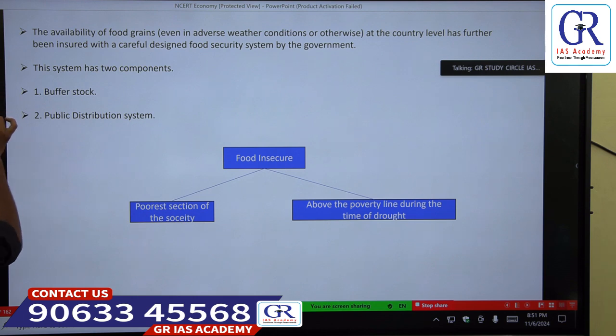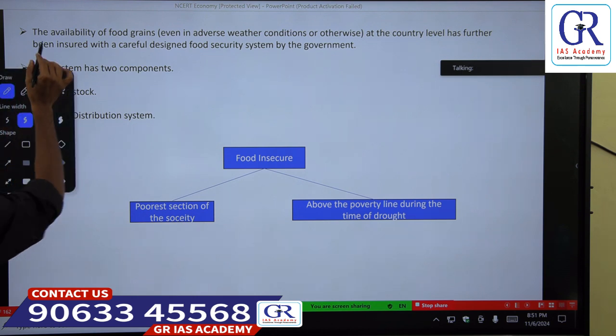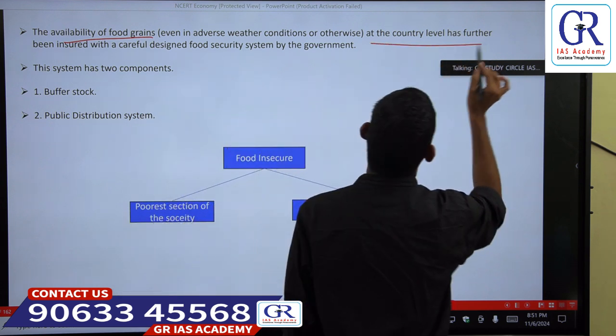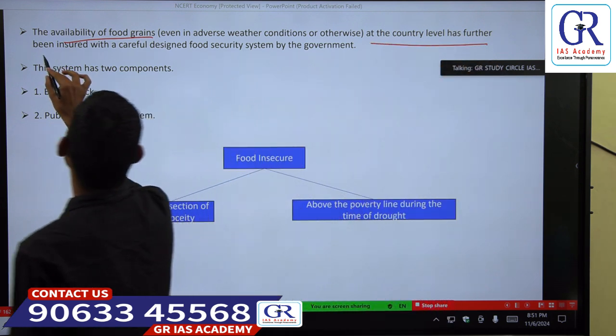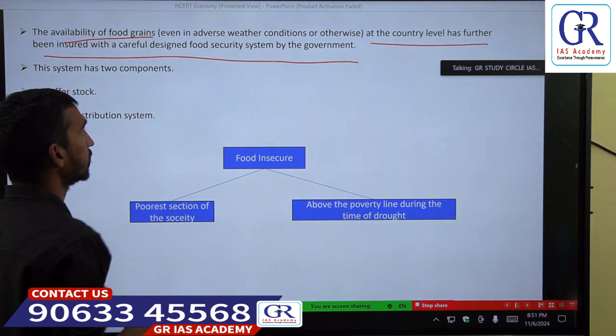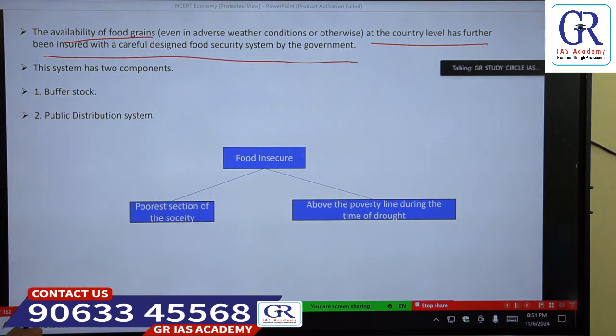So the availability of food grains at the country level has further been ensured with the careful design of the food security system by the government. Okay, so the government has